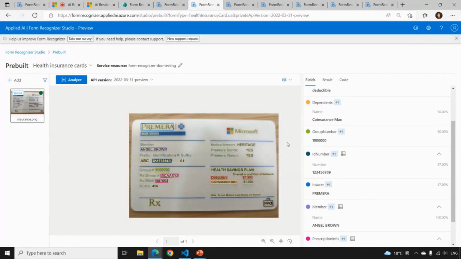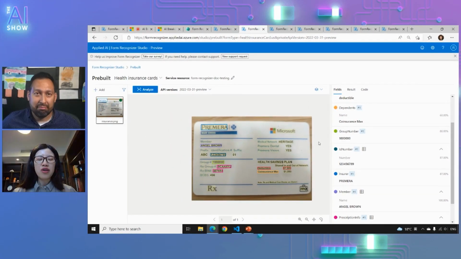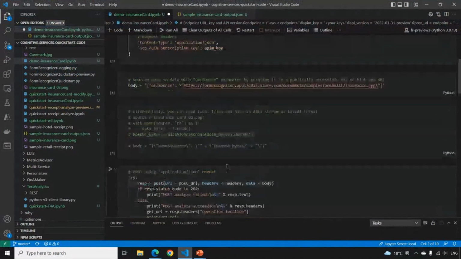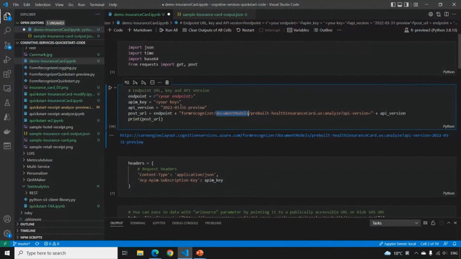As you might know, all these health insurance cards are issued by different companies. So there are a lot of templates, which makes it not easy to extract this information. But what we offer today is just the REST API, which I'm going to show you in this Jupyter notebook.